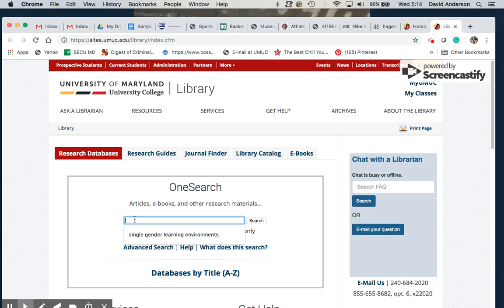So you can see I've pre-populated, I've used this example before. This happens to be my topic that I worked on through multiple grad and postgraduate school. So if I take a look at this term, single gender learning environments, and I search it in OneSearch using the UMUC library, I search it in OneSearch